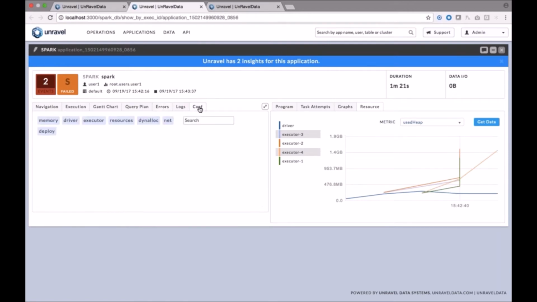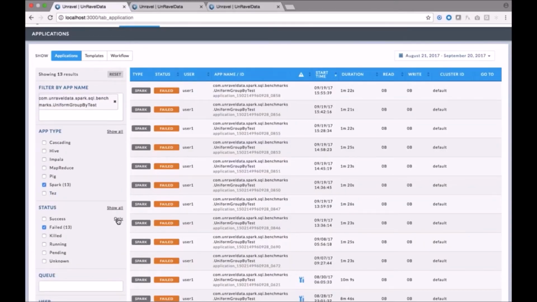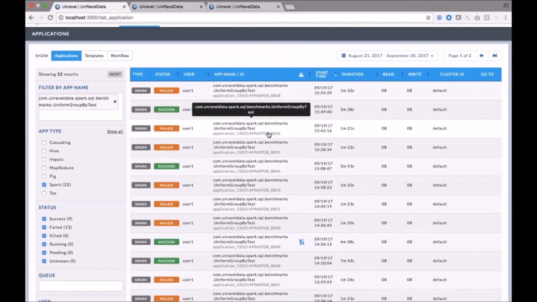Now, in this particular case, let's take a look at this particular application and see what happens if Unravel's insights to do root cause analysis are applied. So we can search for this specific application. And if you now look at all the applications, you'll see that the application that we were looking at, which failed, with Unravel's insights,